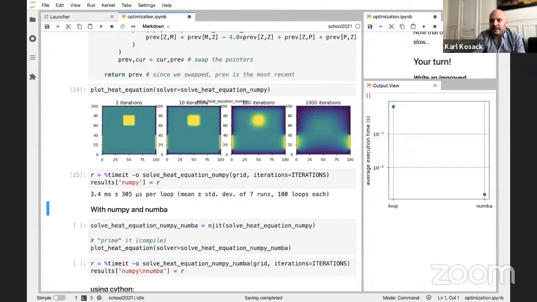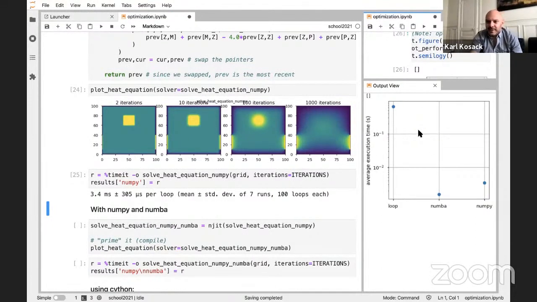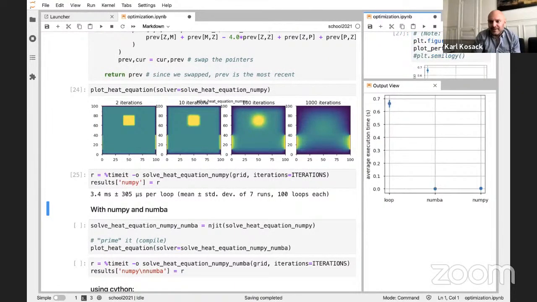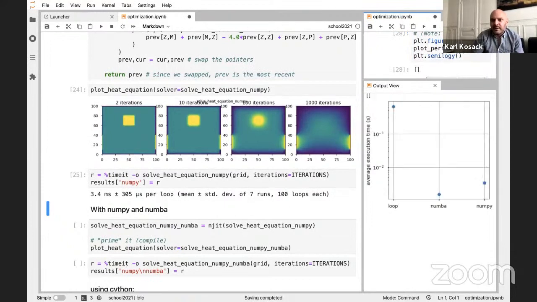And if I re-execute my, I lost my, here it is, my Excel. So re-execute that cell. Now you see we have loop, numba, NumPy. NumPy is actually not bad. This is, by the way, on a log scale here, so these are really close to each other. If I plotted that not on log, let's get rid of the log for a second, basically loop takes a long time. Numba and NumPy are pretty similar to each other, right? So I only put it on log just to see the really subtle differences between the results.